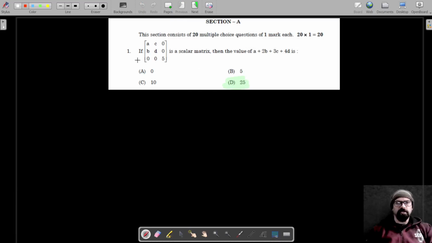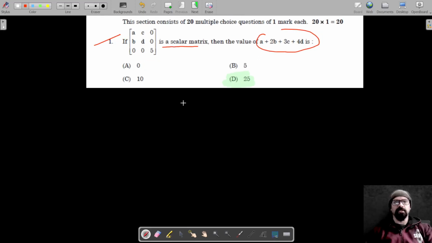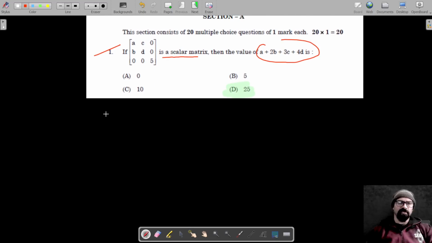So for section A, question number 1, it says that this is a scalar matrix, and then we have to find the value of A plus 2B plus 3C plus 4D. Now, we know that a scalar matrix is a diagonal matrix in which all the diagonal elements are equal and the rest of all elements are zero. So the scalar matrix is